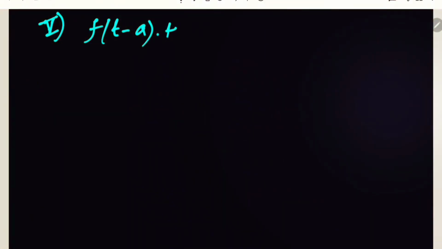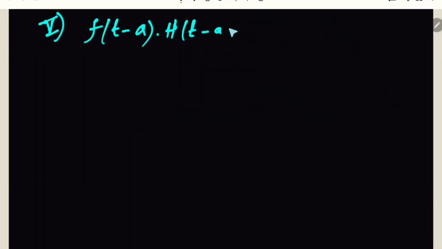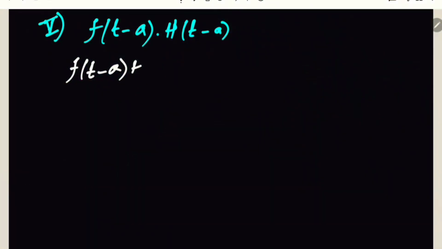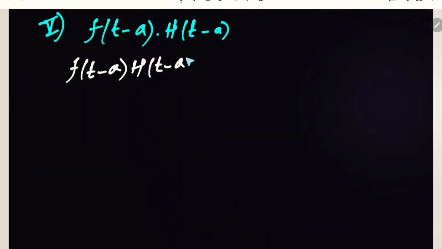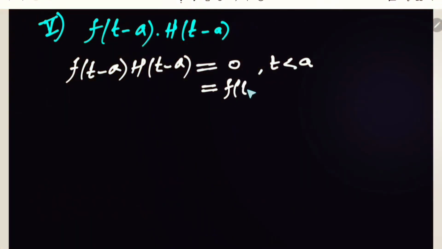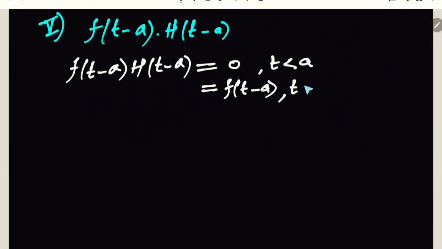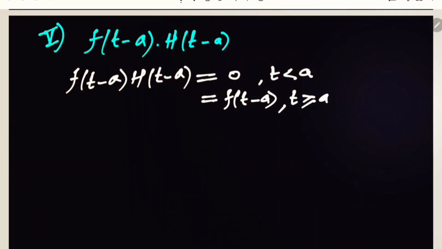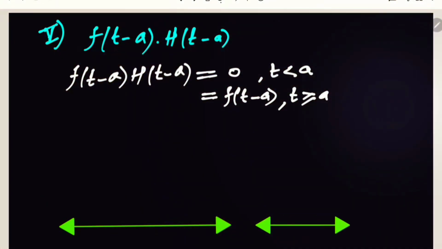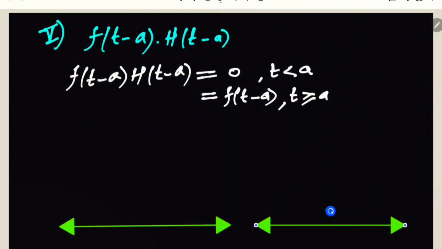Then fifth case, product of f of t minus a into h of t minus a, both are displaced. The continuous function is also displaced by a distance a, and h of t minus a means it is a displaced unit step function. Again, we take the help of the definition. First value is 0, therefore that product becomes 0 for t less than a. Second value is 1 into f of t minus a, we get f of t minus a for t greater than or equals to a, and it is shown in terms of figure like this,